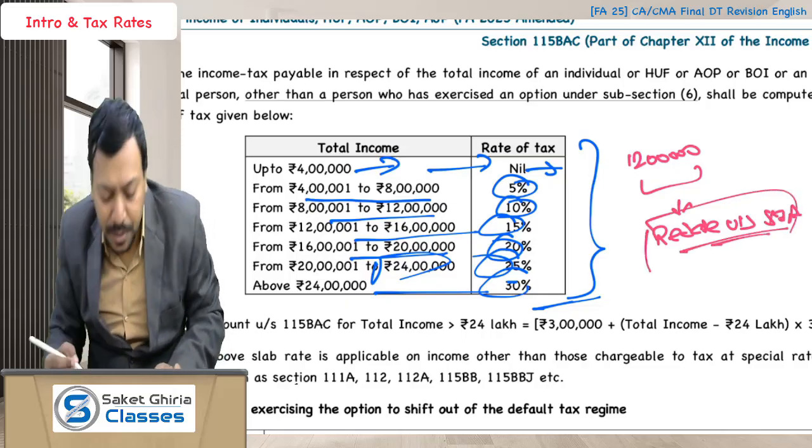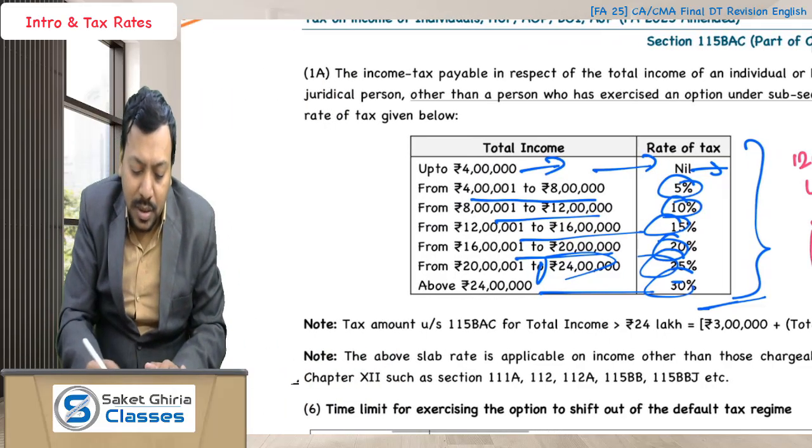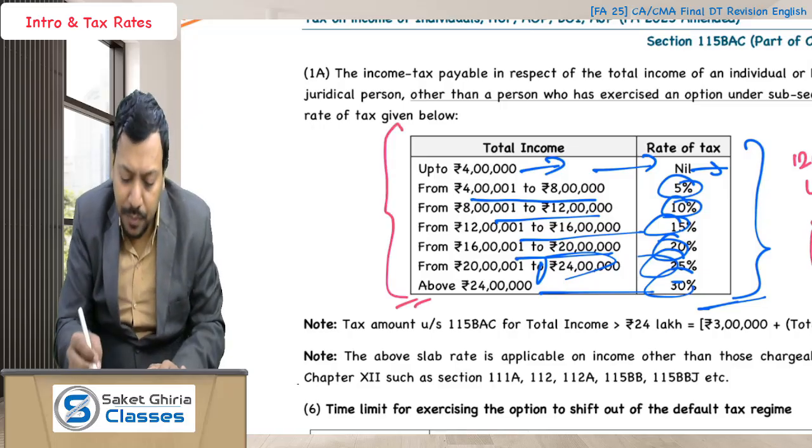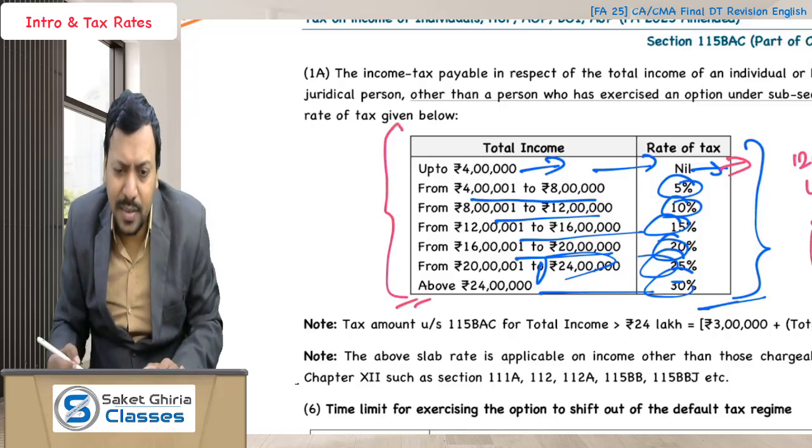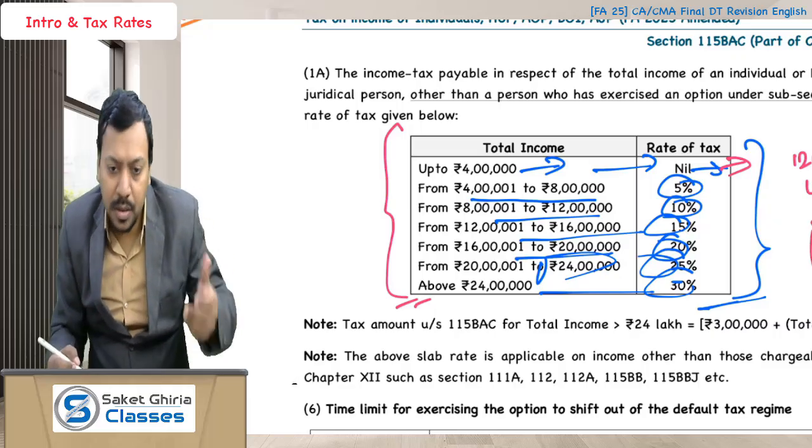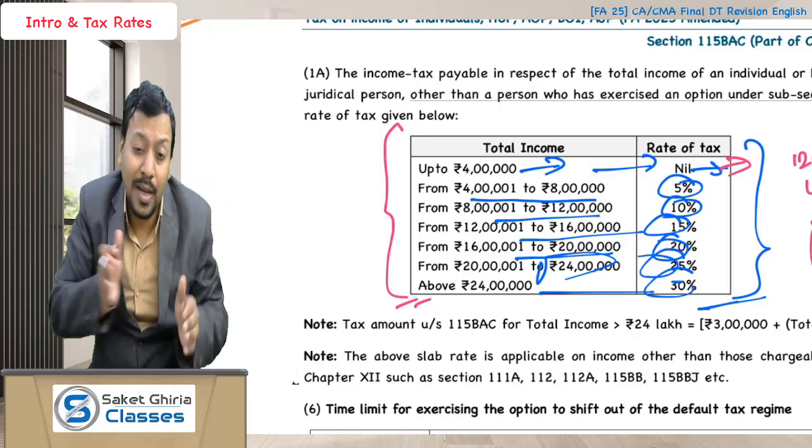We will discuss the rebate in a bit. Okay, so this is the tax slab that you have to remember. You have to remember each and every particular tax rate. It is not very difficult. You can easily remember. You have to remember the 4 lakh slab basis,